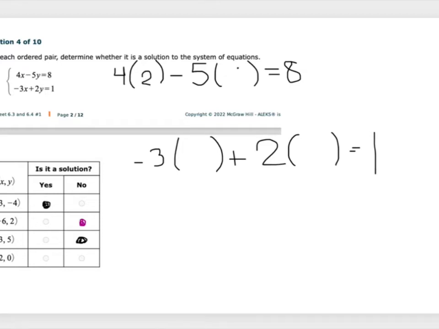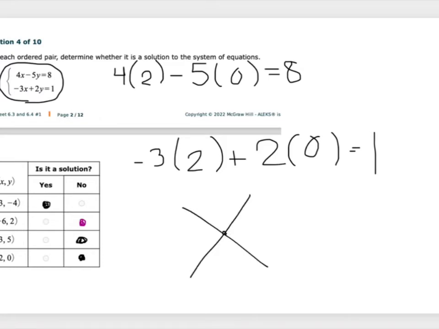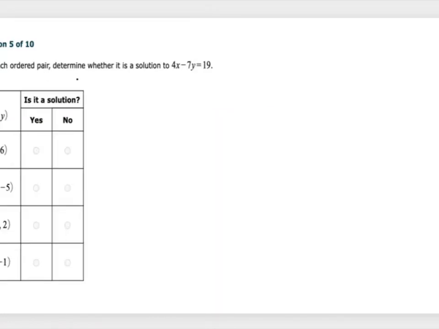8 take away 5. 8 take away 0 is 8, so it works in the first one, but negative 6 plus 0 is not 1, so this is another no. So remember what I said, since these are two lines, and we had already found the solution on the very first try, remember a system of lines, if it has one solution, is going to cross at one point and have one solution. All right, so it says for each ordered pair, determine whether it is a solution to 4x